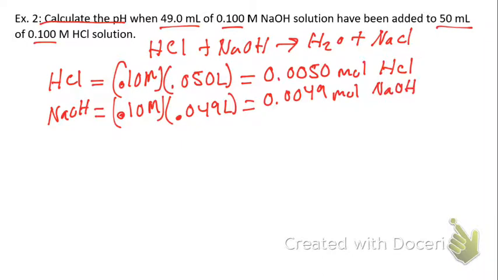Now, since sodium hydroxide and hydrochloric acid react in a 1-to-1 ratio, it tells us that we have an excess amount of hydrochloric acid, because if we had neutralized all of the acid and base, the moles of acid and base should be equal here, but they're not. So our limiting reactant is the base, and our excess reactant is hydrochloric acid by